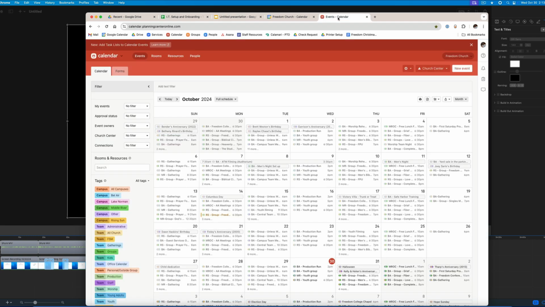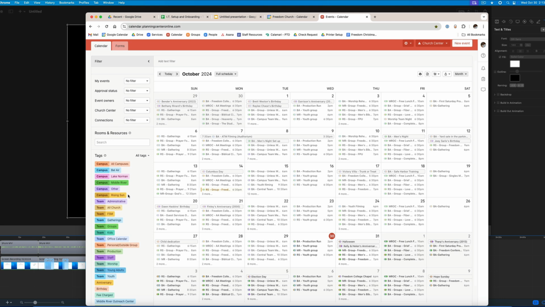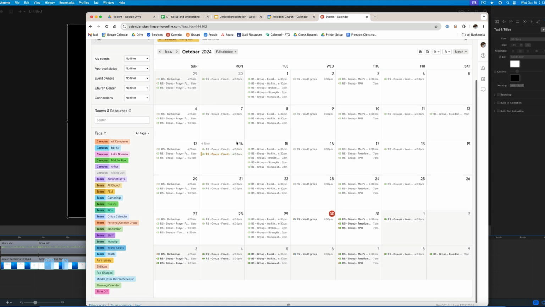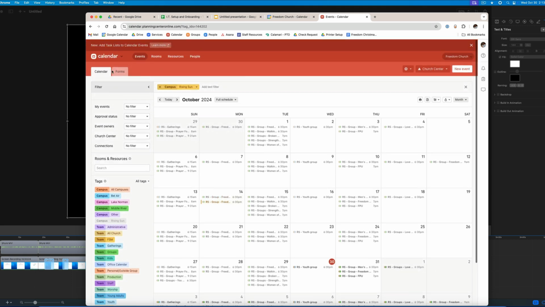Okay, so let's say I want to take my Planning Center calendar, but I just want to see one specific aspect of that on my iPhone in the calendar app. Let's say, for instance, I just want to see what's happening at the Rising Sun campus and have that as a dedicated calendar. What I'm going to do is come over to